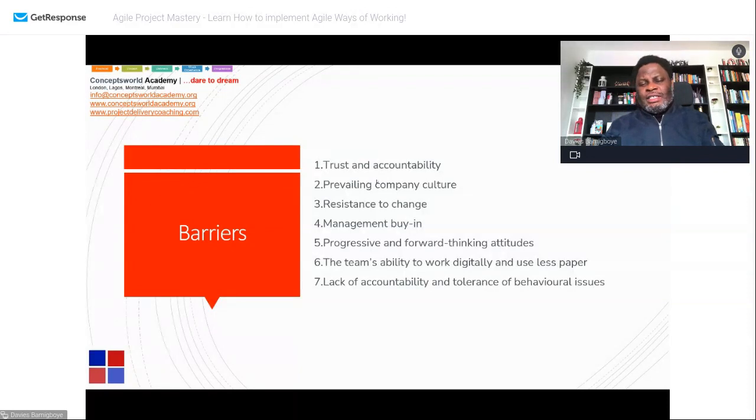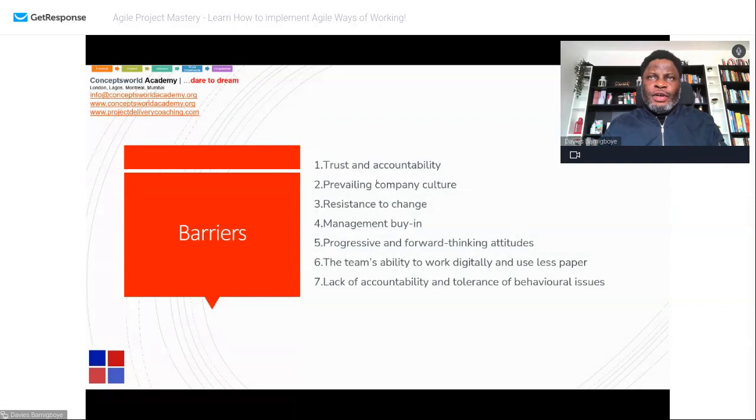This line number six is almost a no-brainer now anyway in 2022, because COVID has made everybody become more digital, to work with online platforms. So learning how to use the relevant online platforms allows you to track work, monitor what people are doing, which is very important. Last point, a barrier is lack of accountability